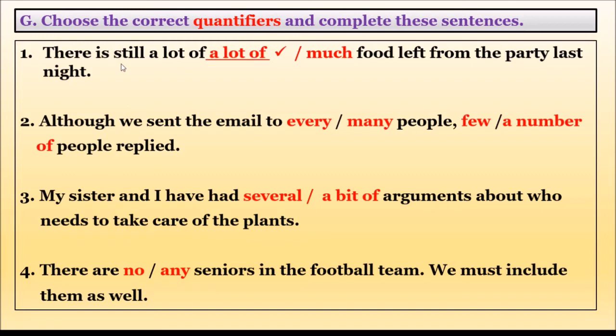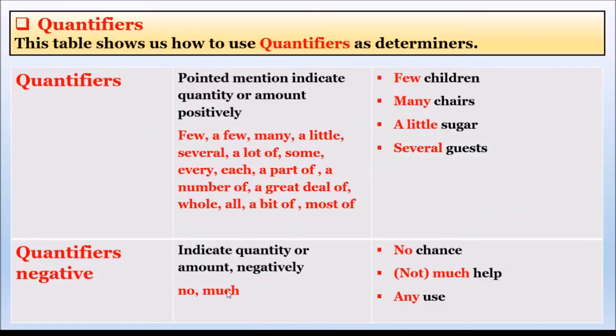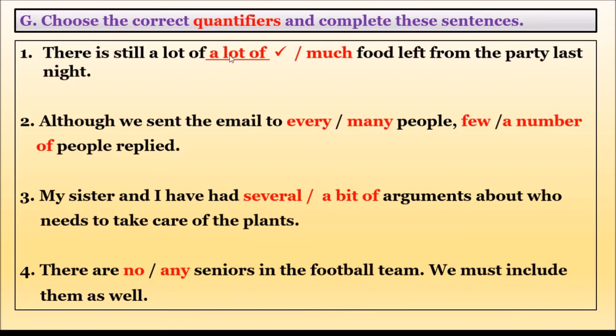The first one they have already given the answer. There is still a lot of food left from the party last night. Here I have typed it twice, I think so, children. Okay, the answer is a lot of. Here there is still a lot of food. So I am telling that I know a certain amount of how much is remaining there. So I am using a lot of. Much means I am not sure. When we are not sure only we will use the negative thing, right? No and much is a negative thing when we are not sure. But here I am sure I know how much is left. But I can't count the rice or something, right? So I am using a lot of.